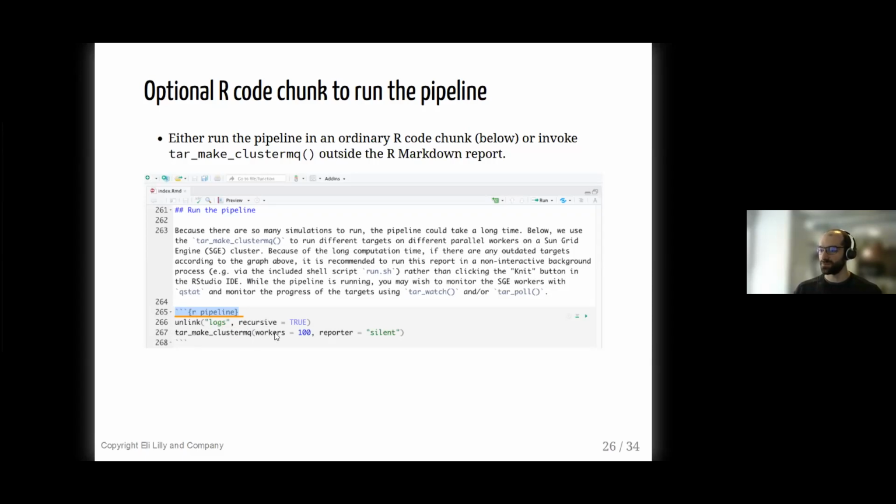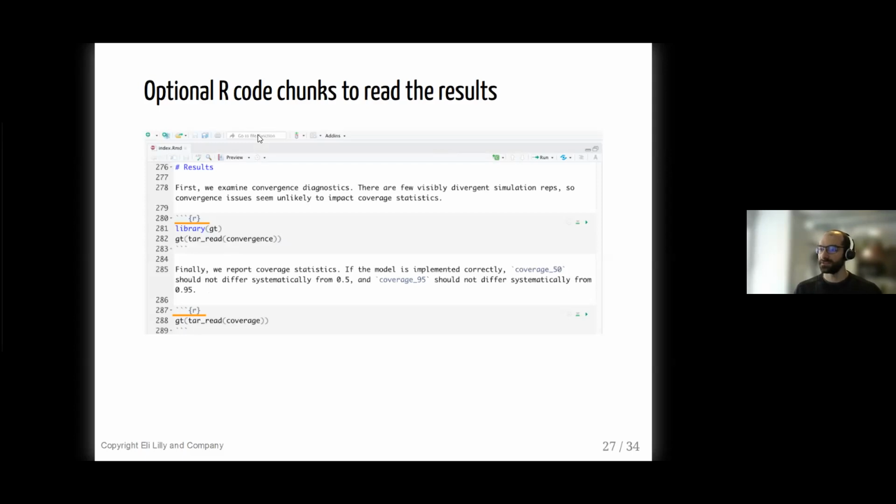So I've chosen to run on about 100 workers. That turns out to be a pretty good load for the system that I have access to. Other system administrators at other institutions might want you to use fewer workers at a time. So that's a conversation that you might want to have with whoever maintains the computing architecture where you work. And finally, after the pipeline is run, we can read and report the results for convergence and coverage.